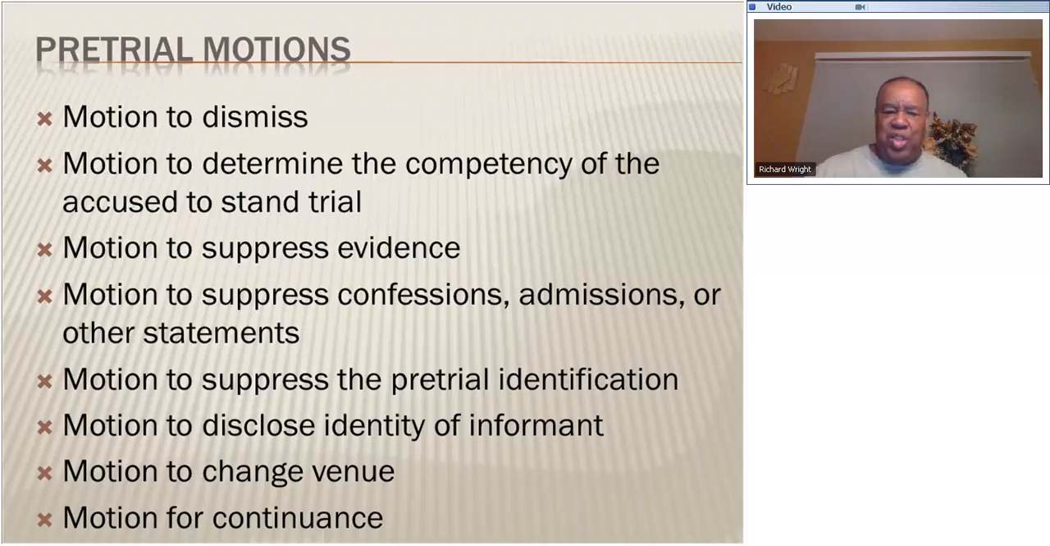Motion to suppress pretrial identification. Let's say, for example, a person is identified in a lineup or in what we call a show up. Let's say they brought this person back to the scene and so forth, and oftentimes we'll argue, well, this is the only person that you brought back. That's probably not good. And then we will also argue with photos,